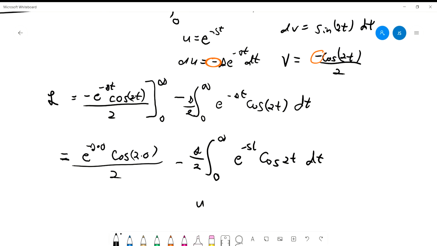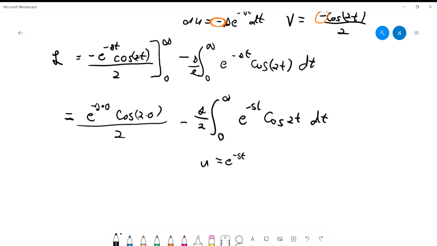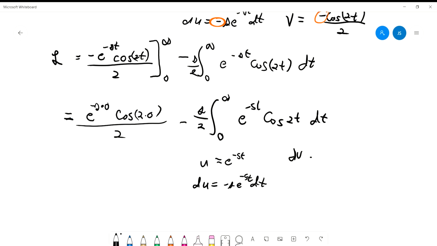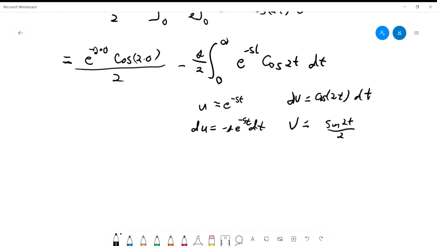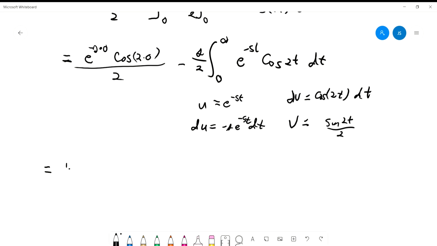So u is equal to e to the minus st, du is minus s e to the minus st dt. dv is cos of 2t dt, and v is sine of 2t over 2. And so this whole thing is 1/2